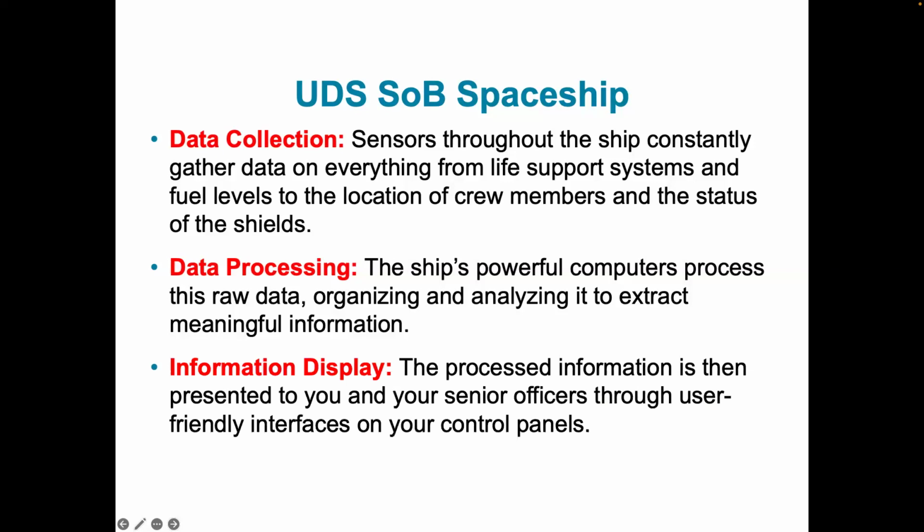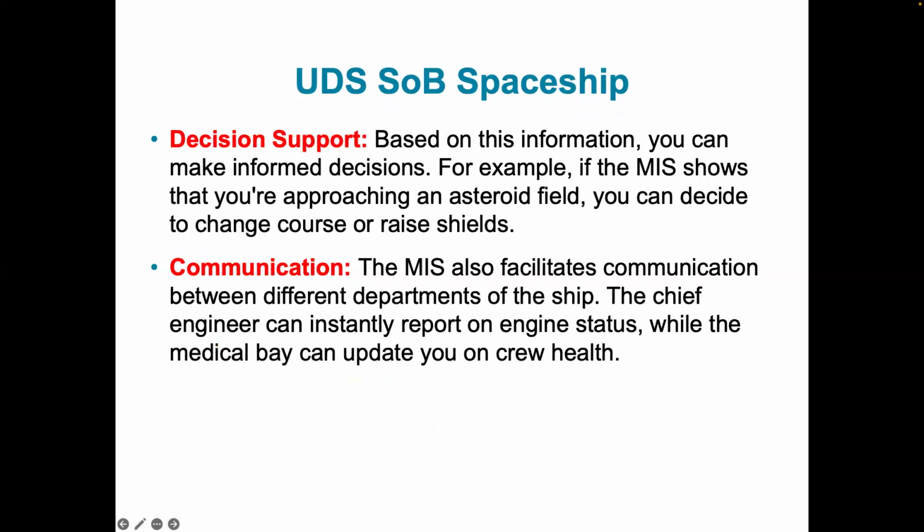How is the pilot going to know this? The pilot is going to know how close the spacecraft is to an asteroid by looking at an information display. So the ship also has a portion which contains what? An information display. This display processes information and presents it to the pilot on a control panel, so that the pilot will know exactly what is coming. The pilot needs to make decisions based on the information displayed, based on the data collected, processed, and the information displayed.